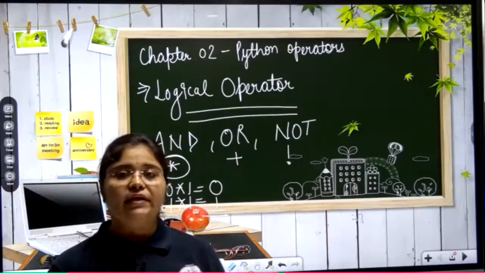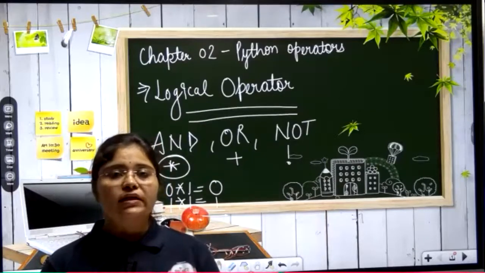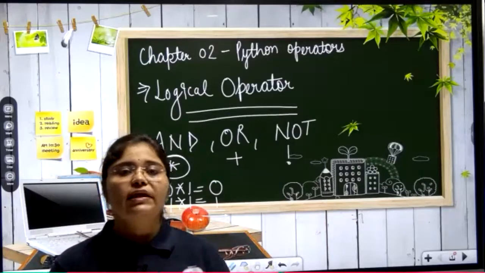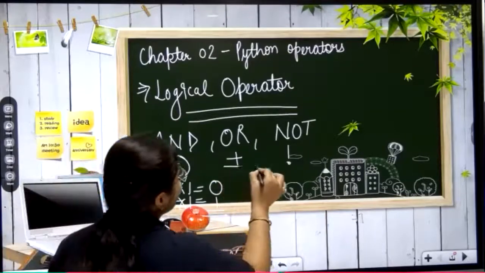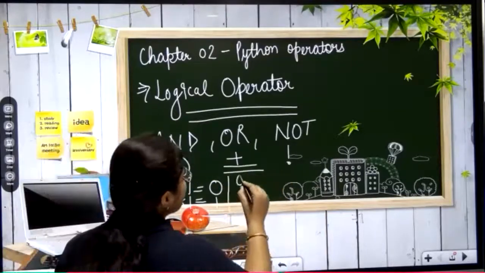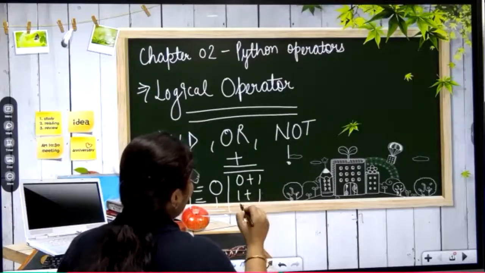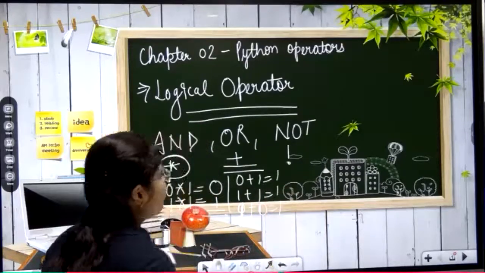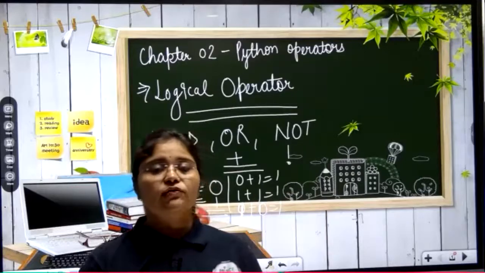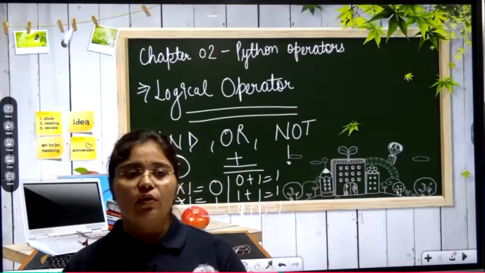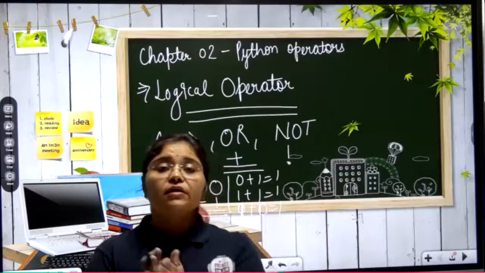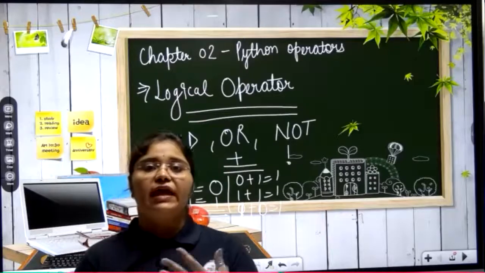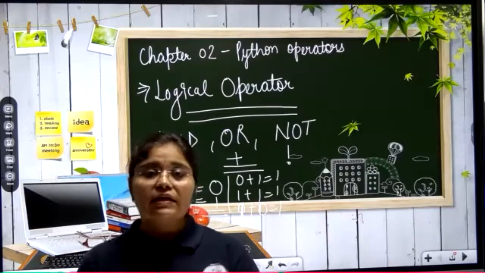So in the AND operator, when you are using the AND logical operator, both conditions or all the conditions should be satisfied, or all the conditions should be true, then only the result will be true. But in case of the OR operator, if we add 0 plus 1 or 1 plus 0 or 1 plus 1, in each case the result will be 1 only. Means if any of the conditions is true out of 100 or out of 1 or out of 2, or all the conditions are true, the result will be true only in case of the OR logical operator.